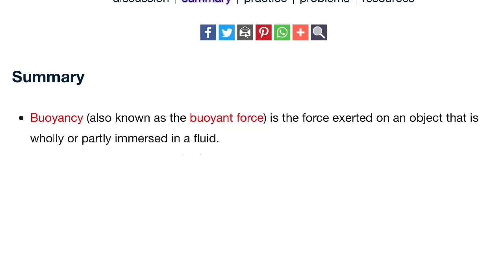Buoyancy, also known as buoyant force, is the force exerted on an object that is wholly or partly immersed in a fluid. So all buoyancy is then is just another force, like friction or air resistance or thrust. It simply acts in the opposite direction to gravity, which is why his eggs are floating when the density of the salt water is greater. As the density of the tap water is less than the egg, there can be a less buoyant force and gravity wins. Also, isn't it ironic that this guy's trying to disprove gravity with something that has a unit of newtons?